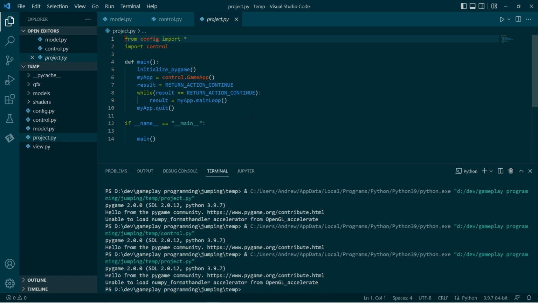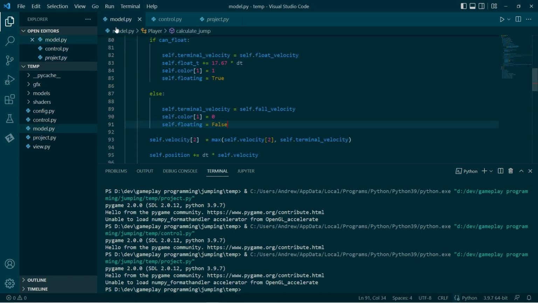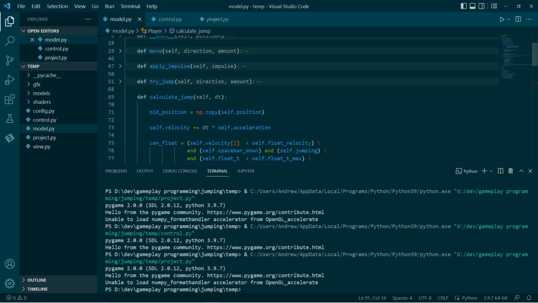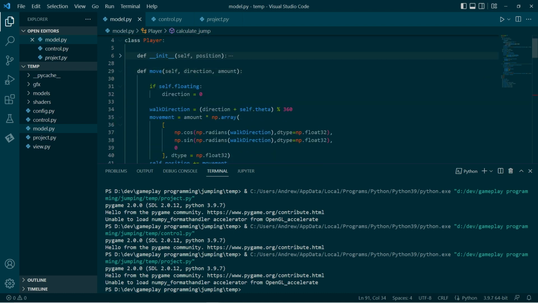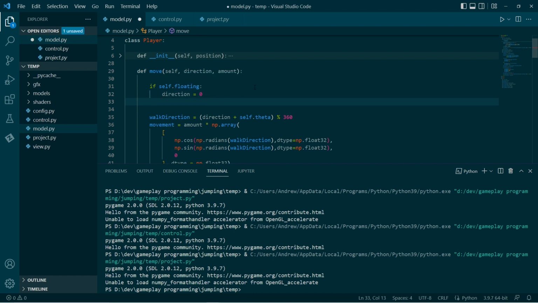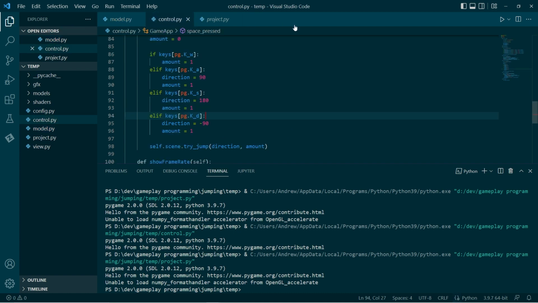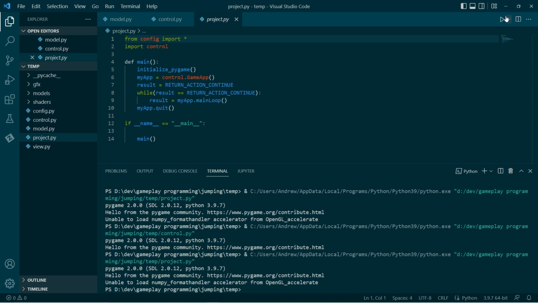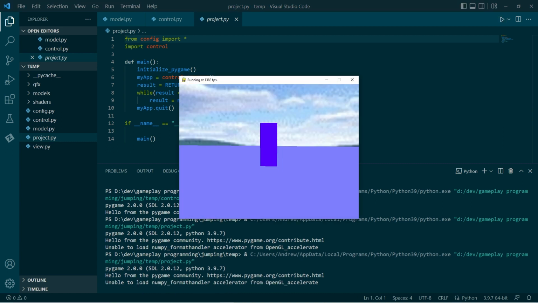Another thing we can do is go to the model and just fine tune it a little bit. So up here where we move, if we're floating, then we want to move forwards, and we also want to float a little more slowly, so we can halve our movement amount.